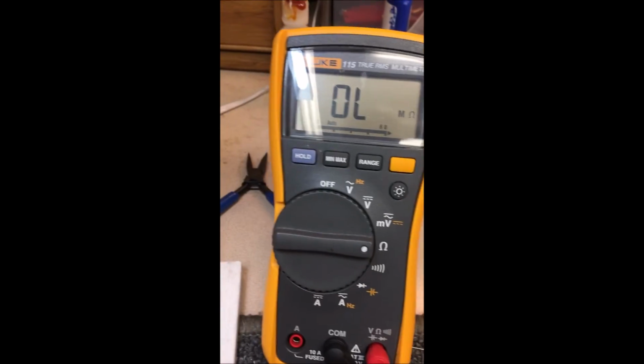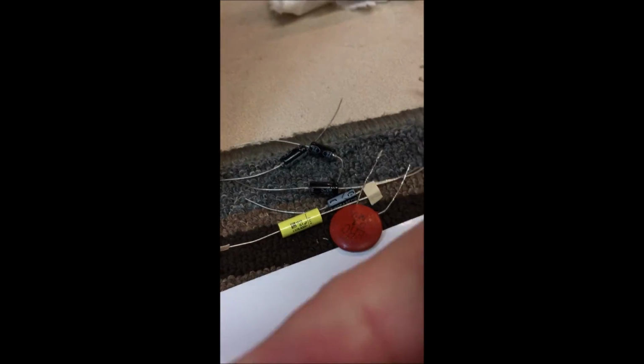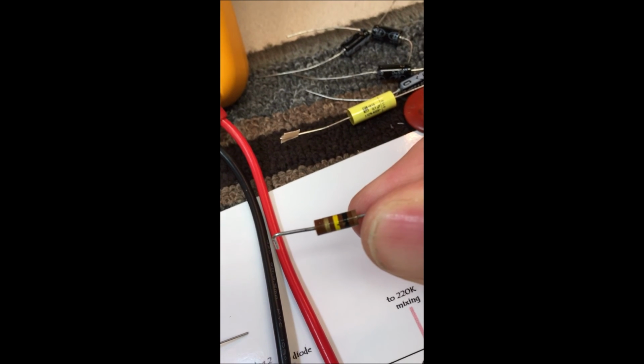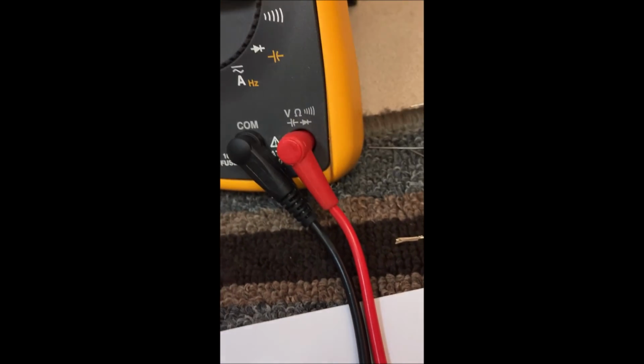One other thing I was going to show you guys real quick. This was an old trick. I'm going to put this back on resistance. This is an old trick that a guy who was in the Navy showed me. This is an old carbon comp resistor. This one's supposed to be 100K. And it reads